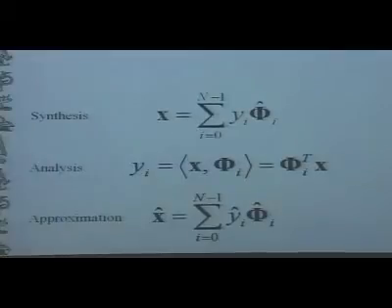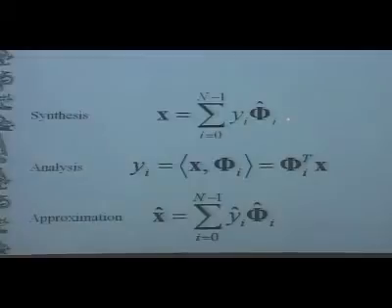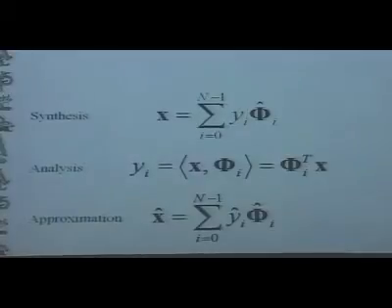Okay. So here we have an input vector x, being represented as a linear combination of the phi, or the basis function. Okay. Now, these yi is called the coefficient of the linear representation, and they are obtained by